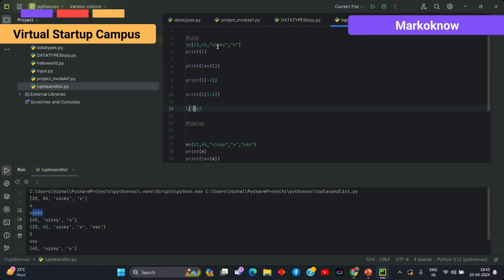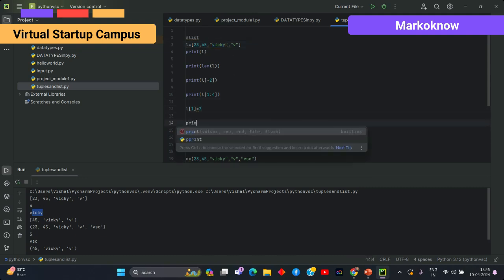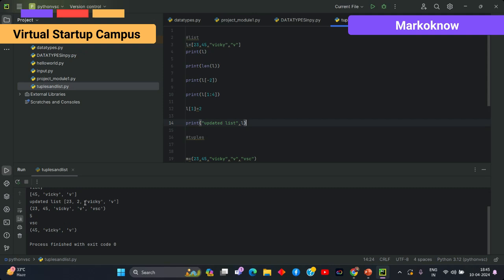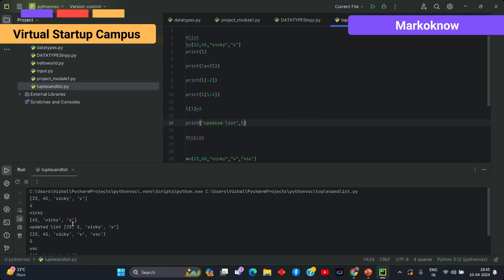If I change the 2 for the wiki part, right, I'll print L, comma, updated list. Okay. See, it's updated on the first index, that before updation is 2345 wiki, and the after updation